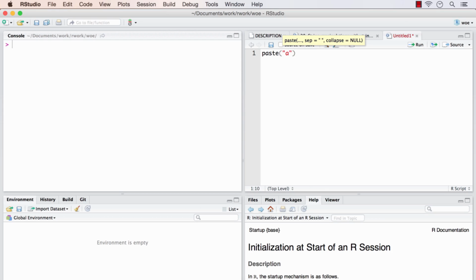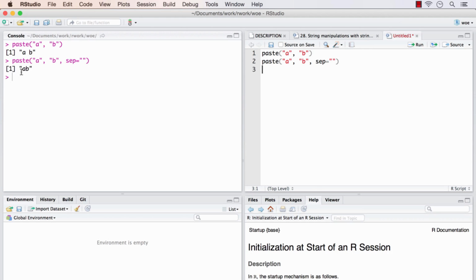For example, I can pass A and B like this just plainly, and let me run this. So that joined the string A and the string B together, but leaving a space character between them. If I don't want the space, I need to specify what separator it should use. So the separator is two double quotes without any space between them. In this case, there is no separation between A and B. Suppose I wanted a comma between them, I could mention the separator as just a comma. And if I wanted a space after the comma, this is comma, space, and then B.